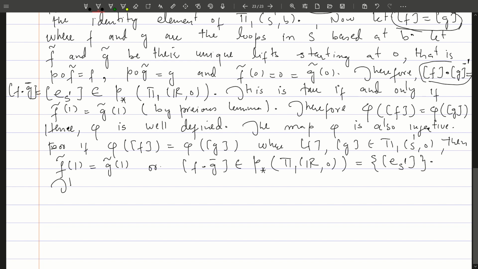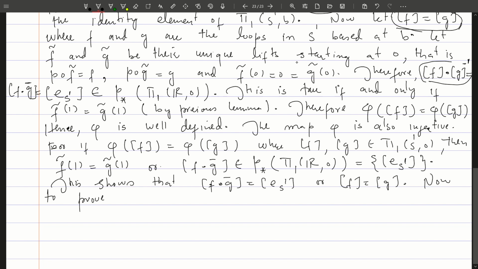So this shows that the homotopy class of f dot g inverse is the homotopy class of the constant loop, or the homotopy class of f is the same as the homotopy class of g. So this proves the injectivity of the map phi. This map is also surjective. Now to prove phi is surjective,